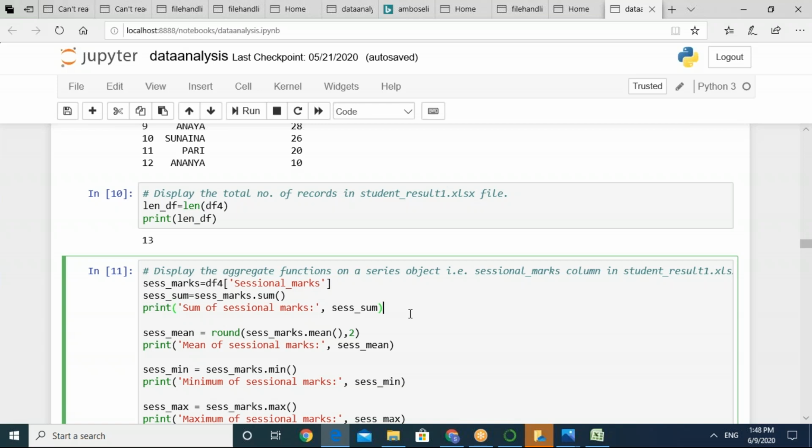And respond to me in the chat window, are you able to do this? हमने सम पहले भी अप्लाई किया है, we have done it earlier also. तो अब हम क्या कर रहे हैं, एक्सेल की फाइल के कॉलम का सम कंप्यूट कर रहे हैं.